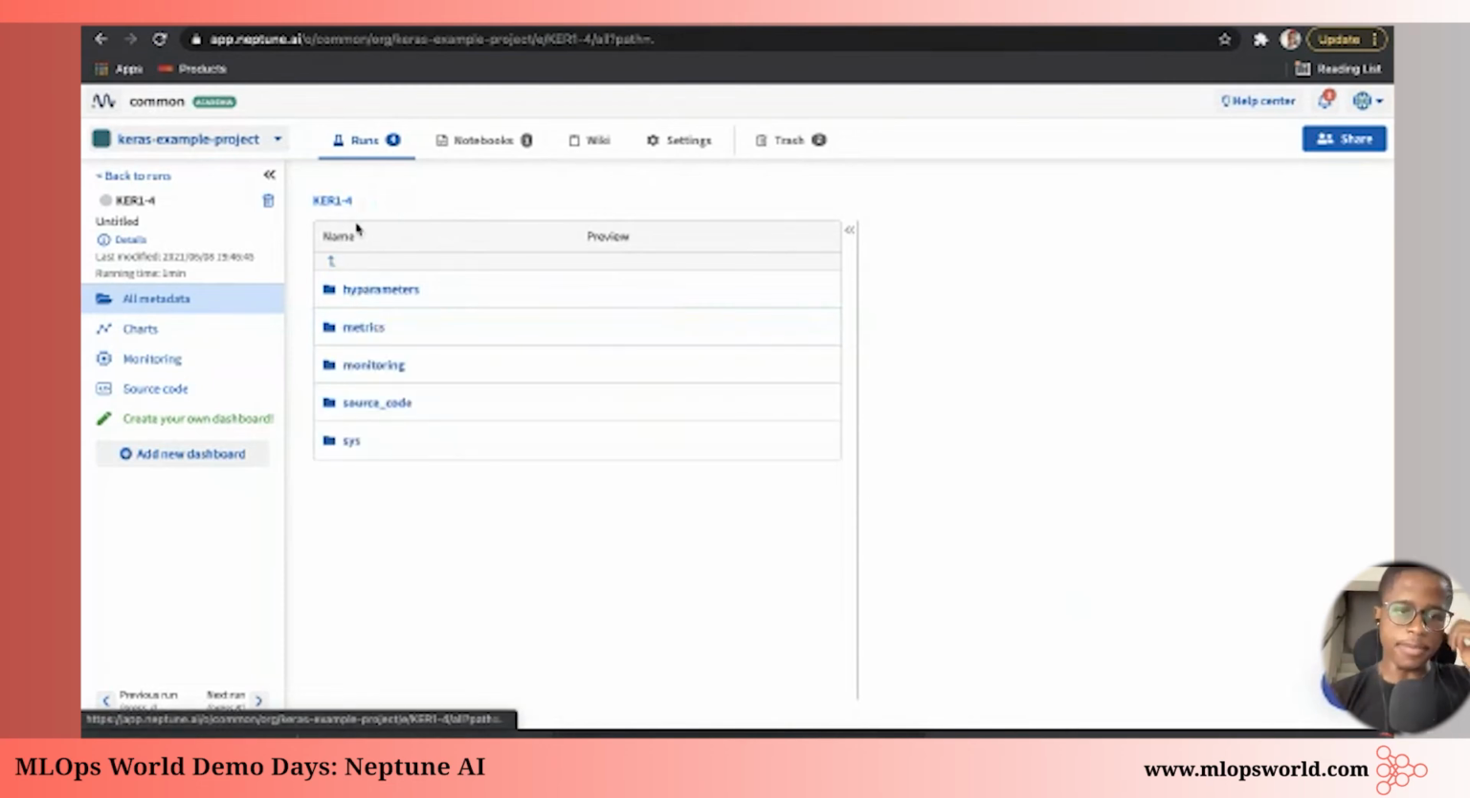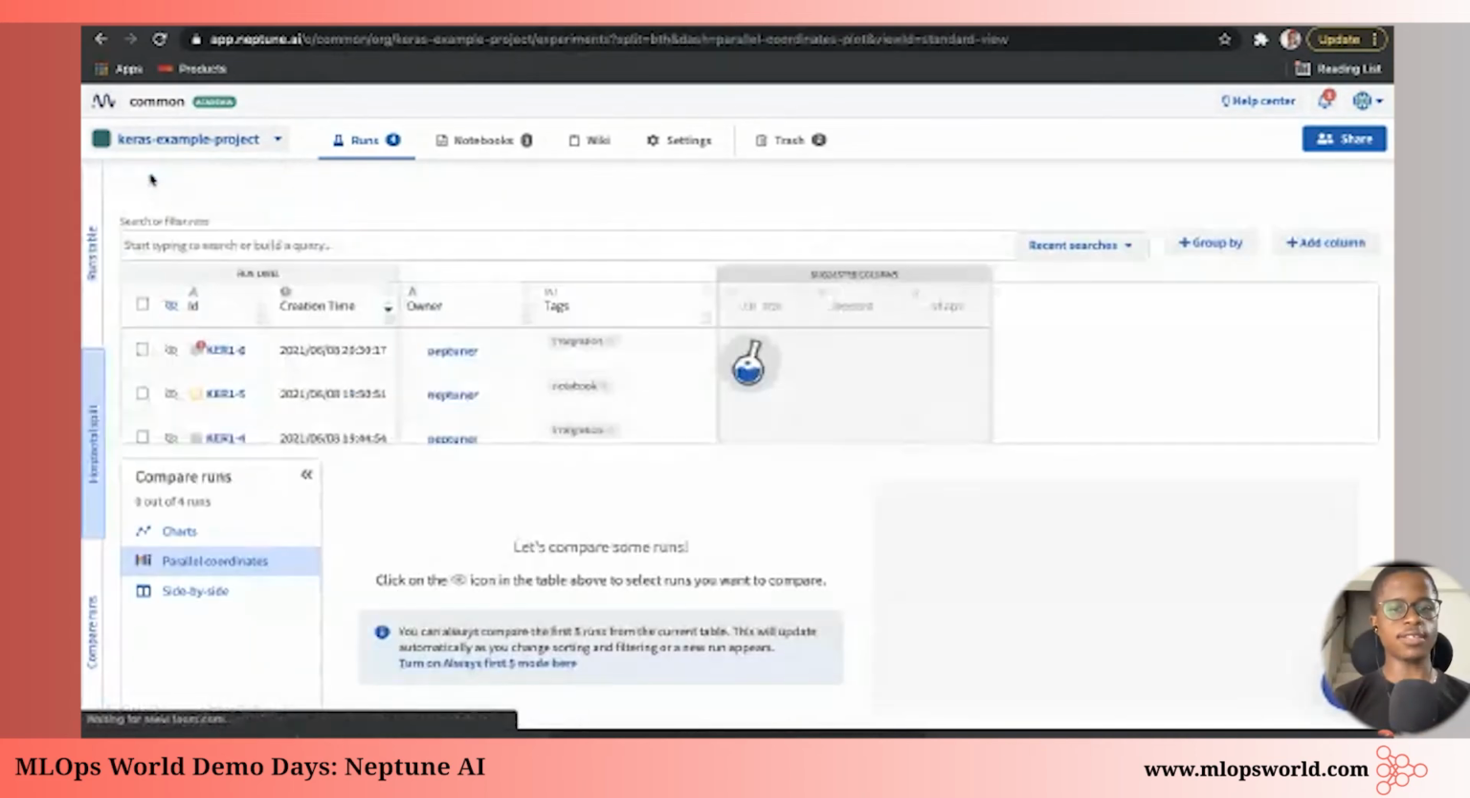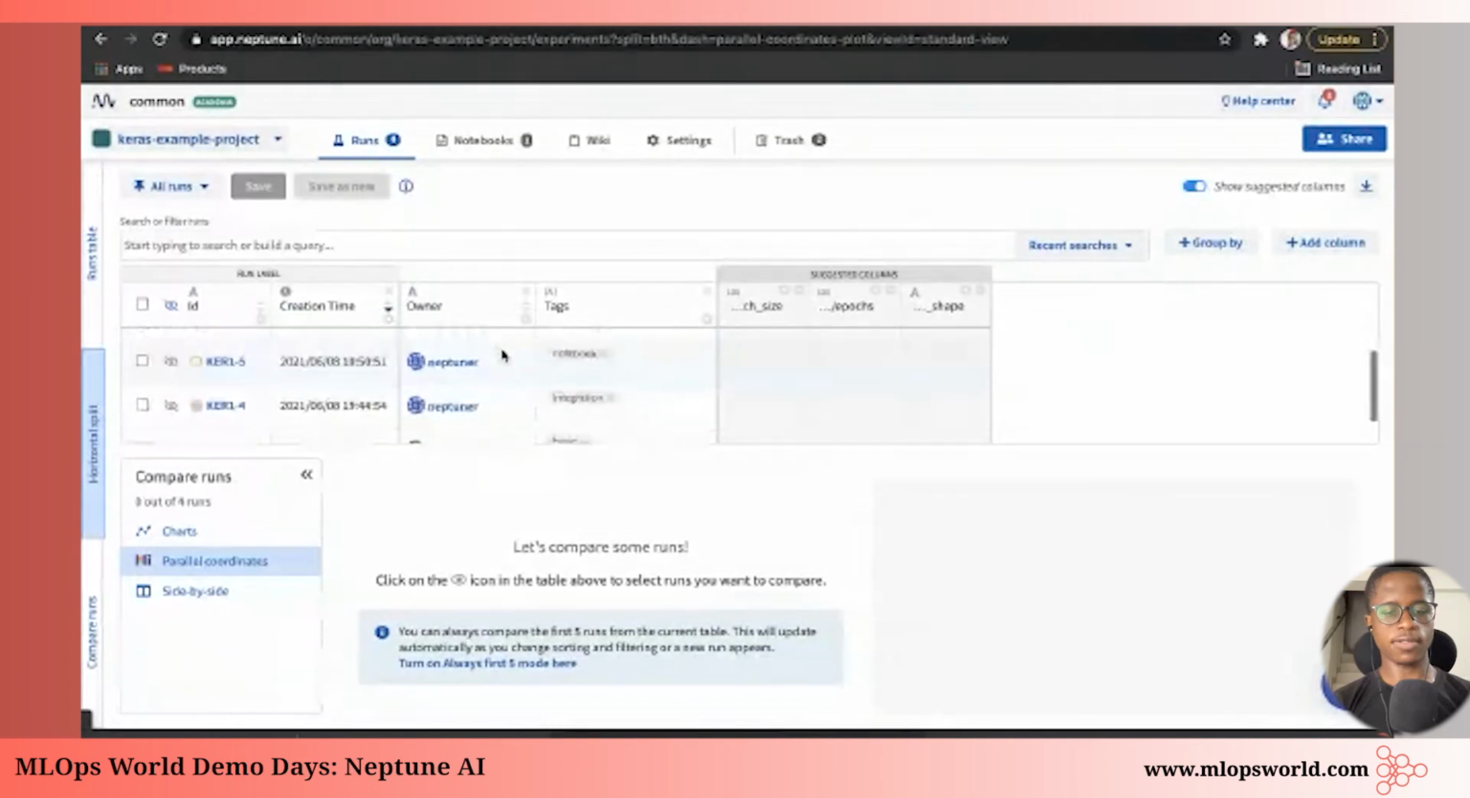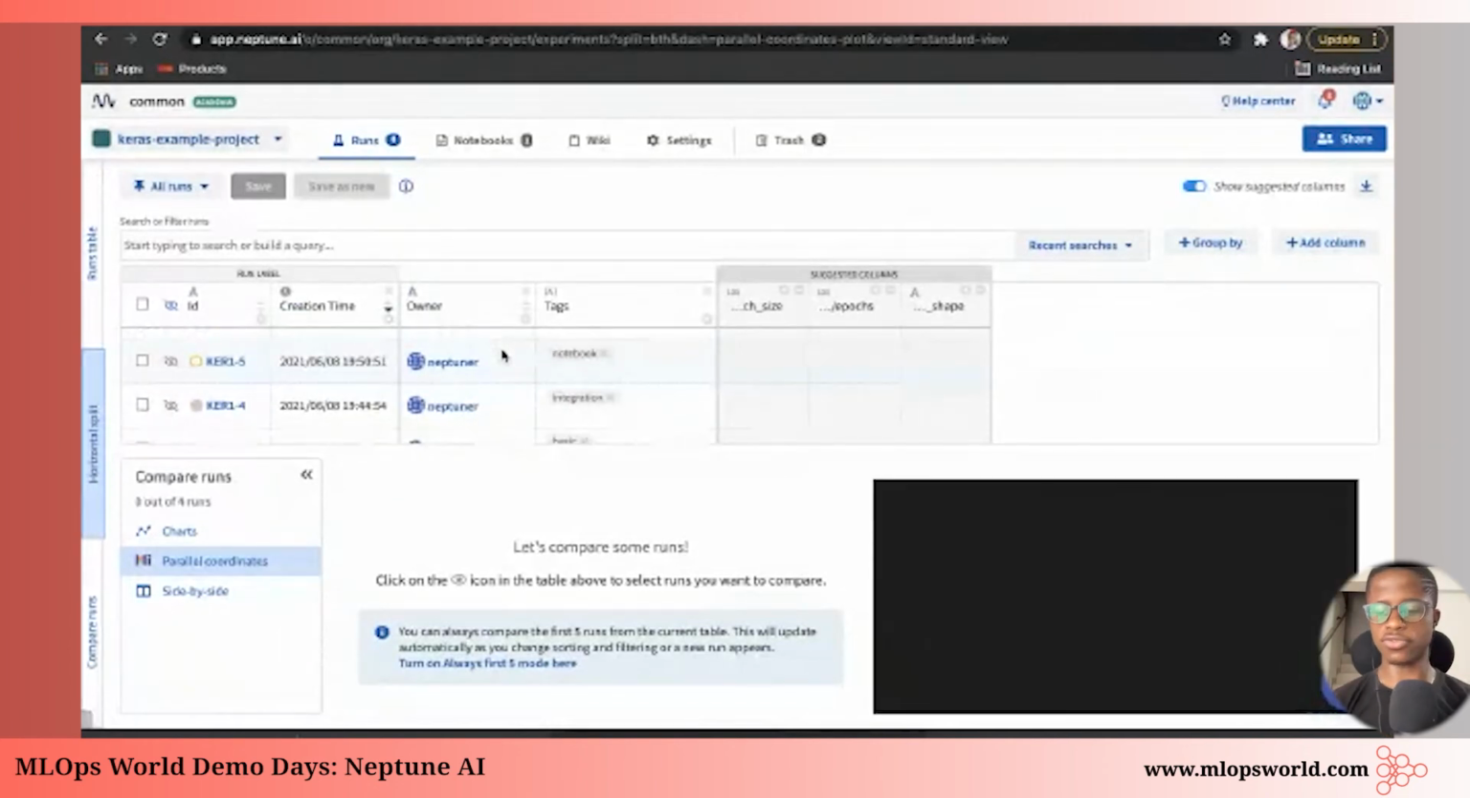So that's integrations. It's pretty simple. It's just as little as a single line of code. Now, let's go into where you want to track more